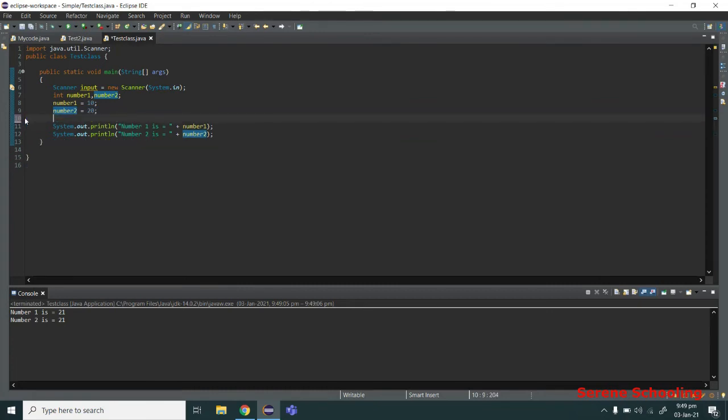What if you want to increment the value of a variable by some amount? Now I want to show you compound assignment operators. This concept is also similar, but it has multiple extensions. For example, what if I write number 1 is equal to number 1 plus 1. So it will increment the value of number 1 by 1. As you can see, it was carrying 10 first, now it is carrying 11. So it increments the value by 1. This is called a compound assignment operator.